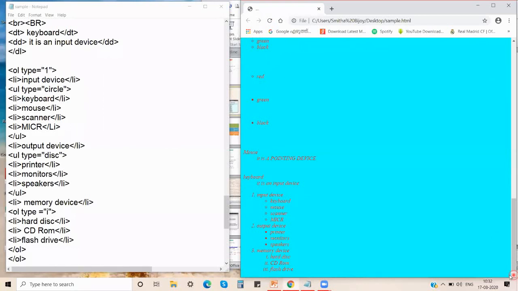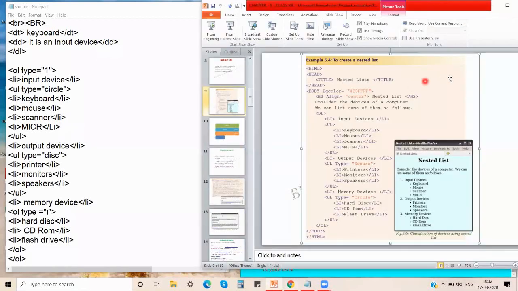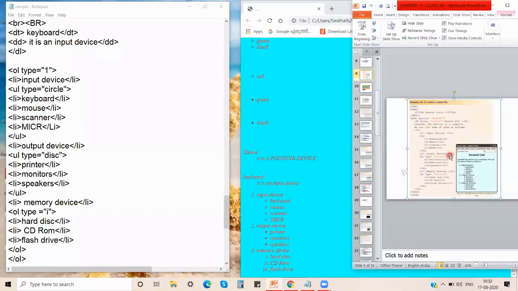Has it come out the same way we wrote it? That is one example I have shown you. Yes or no? A small example I have shown you. Can you see this? Almost the same has come. The last part alone, I told you I am going to make a small change, that is lowercase Roman letters, the lowercase of your Roman numbers, I am going to give. So is it present in the same way as it is given in the question?